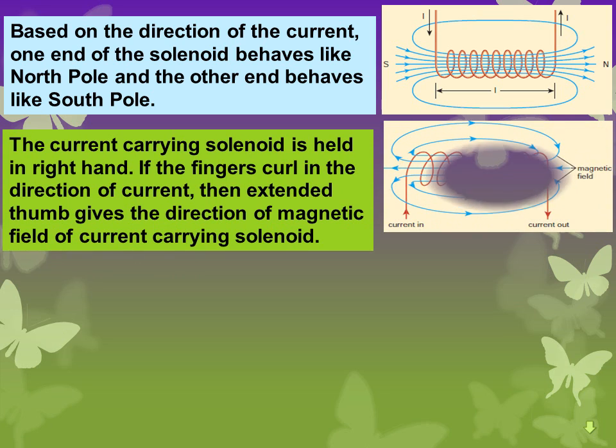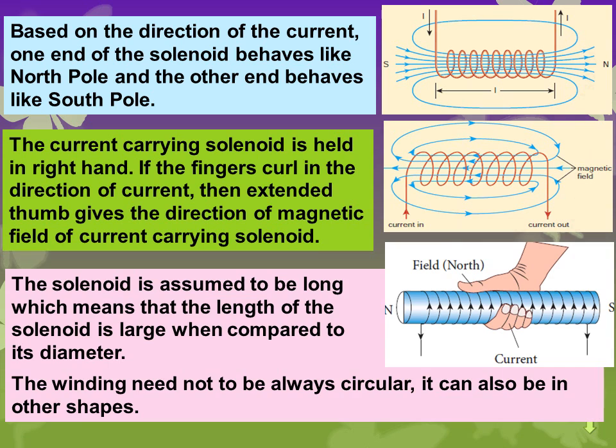If the current carrying solenoid is held in the right hand, and the fingers curl in the direction of current, then the extended thumb gives the direction of magnetic field of the current carrying solenoid. It is shown here, you can see the field direction, north and south. The solenoid is assumed to be long, which means that the length of the solenoid is large compared to the diameter. In this picture,